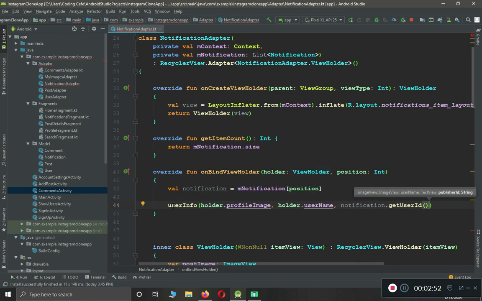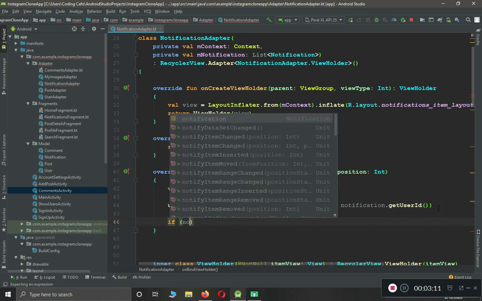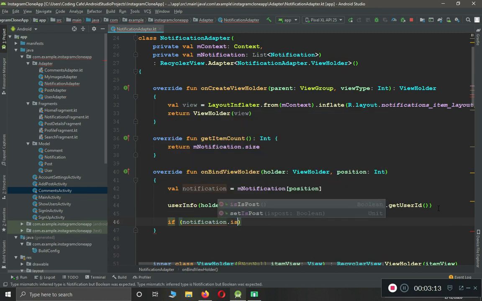Now we have to quickly add some validations for the like. I mean, we have to differentiate between the like, comment, and the following. And as I told you, in case of like and comment, we have to display the post image also. So for that, let's quickly write here a validation which will check if notification.isPost